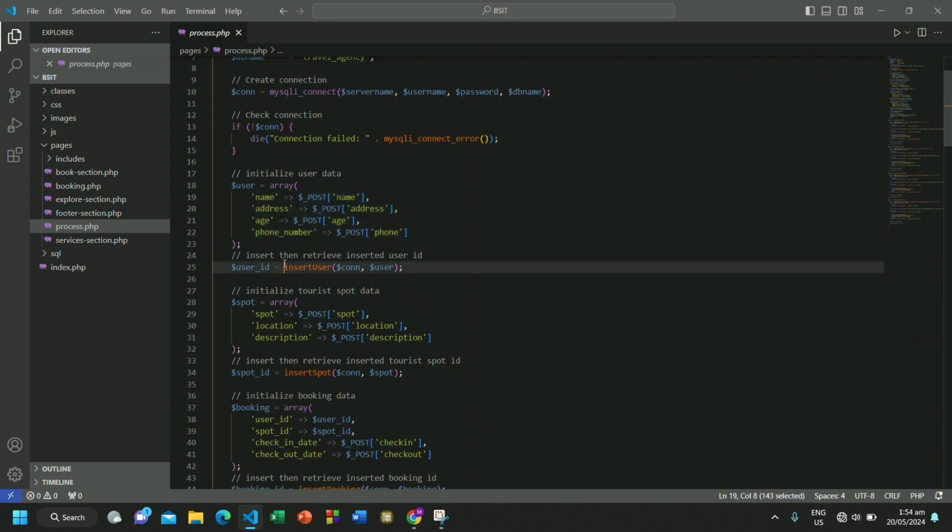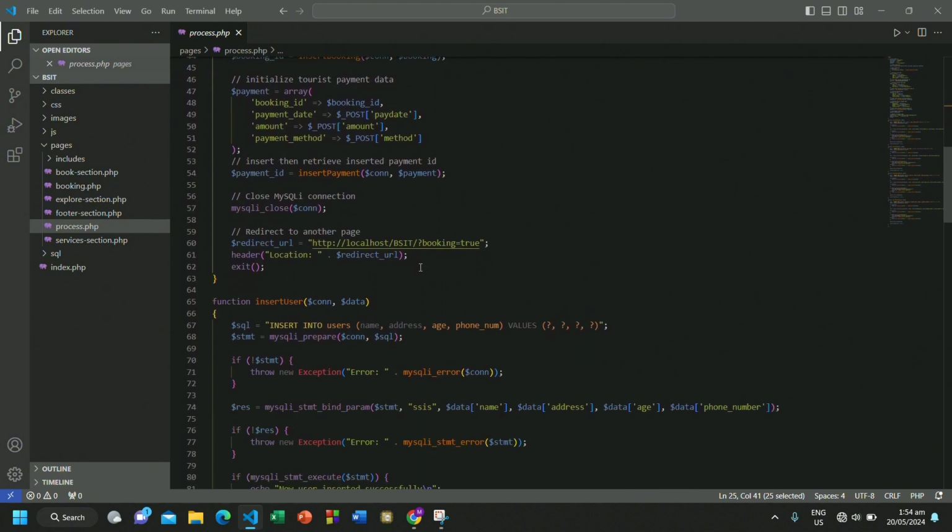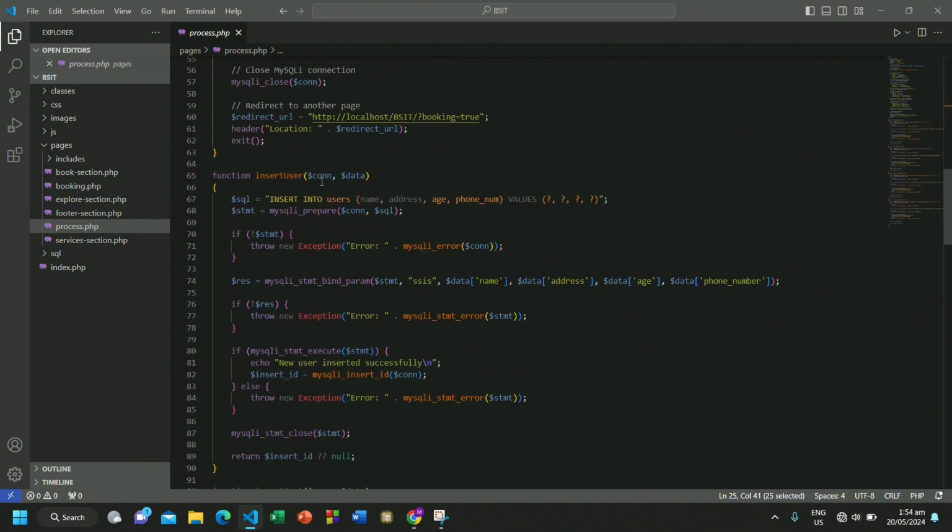So let's take a look at this function here, the insert user function. As I said earlier, this function will send the inputted data into our database and record it there.